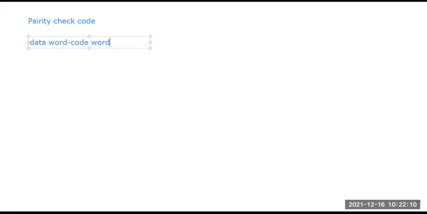So consider k as our data word and n as the code word. The code word is the data word with some extra bits added, so we can write n equal to k plus some constant c, so k plus c.